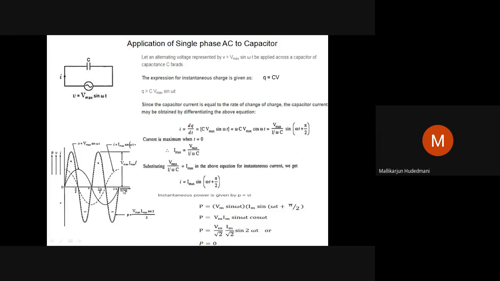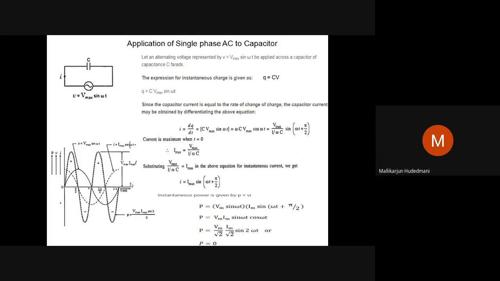And from pi to 2 pi, a similar phenomenon. From pi to 3 pi by 2, both voltage and current are negative. The product remains positive because minus V times minus I becomes plus, so it is in the upper half. Similarly, in the next quadrant, 3 pi by 2 to 2 pi, voltage is negative and current is positive, so the product is naturally negative. Then positive half, negative half, positive half, negative half over a cycle are equal in dimension, so average power over a cycle goes to zero.